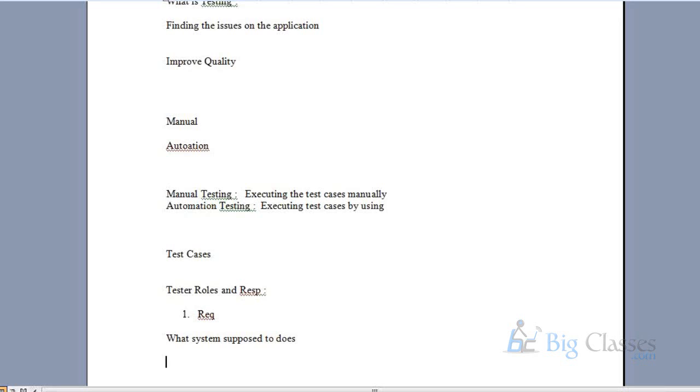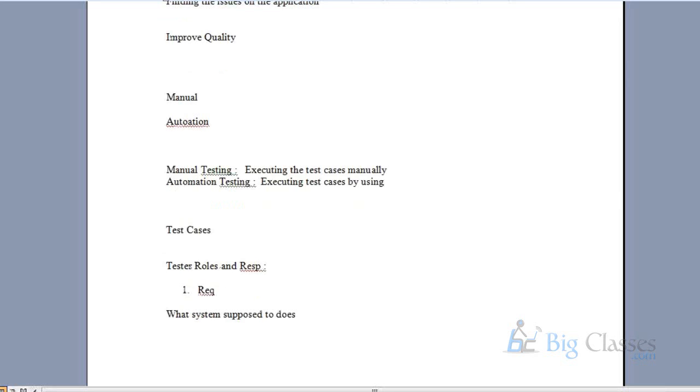Once your requirement functionality is clear, we need to come up with test cases. So what is a test case? A test case is nothing but a collection of test steps. It tells the expected result of the requirement. So you have to prepare test cases for the requirements that directly tell the expected result of the requirement.